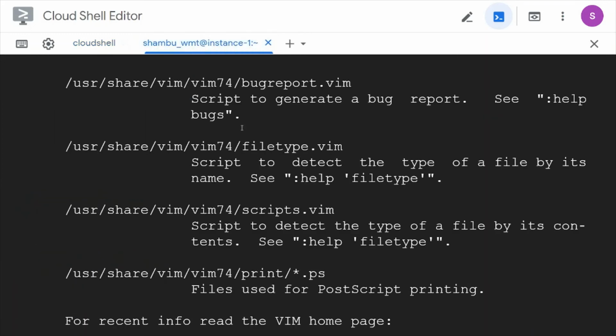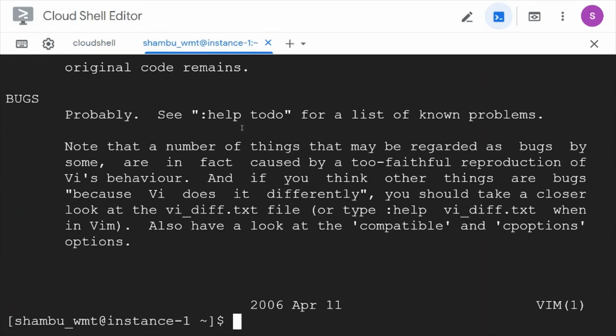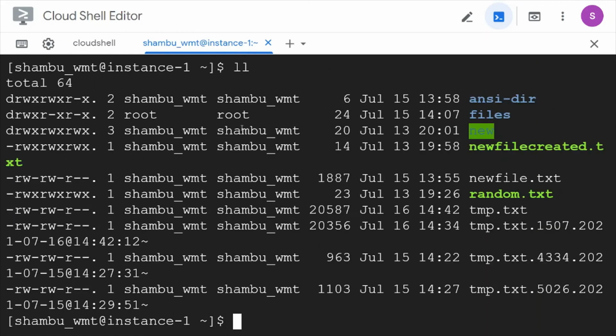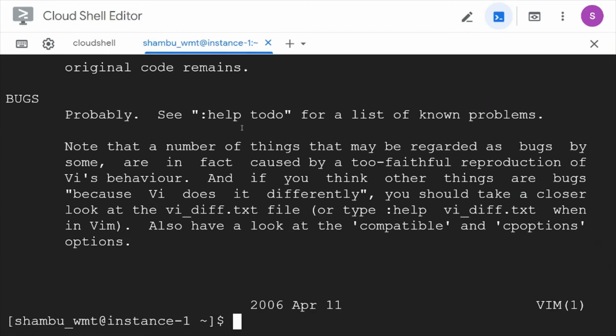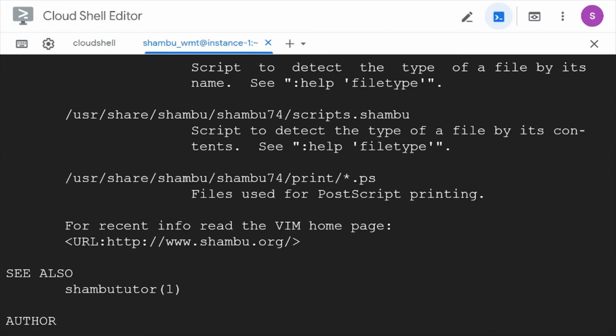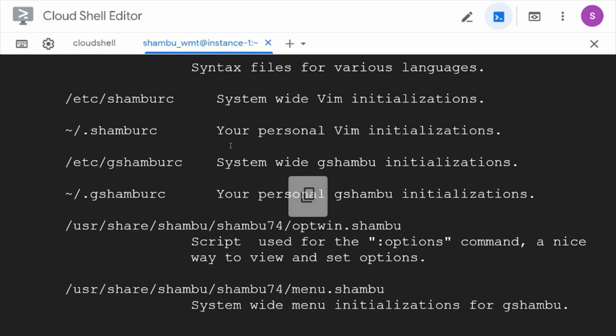We can log into the server and check if the string replacement is done. Let's find my name here. Yeah, so wherever it was vim, it is replaced with my name.